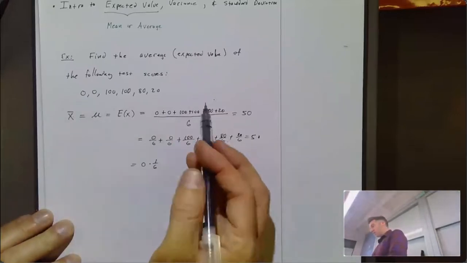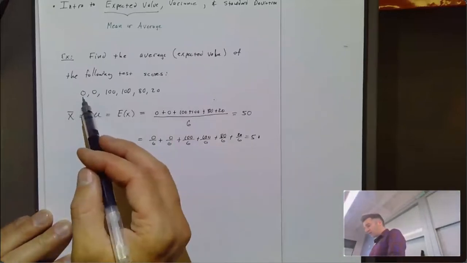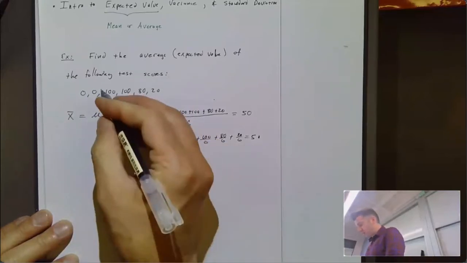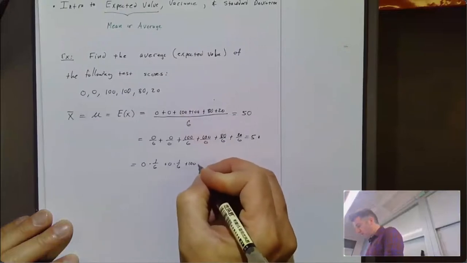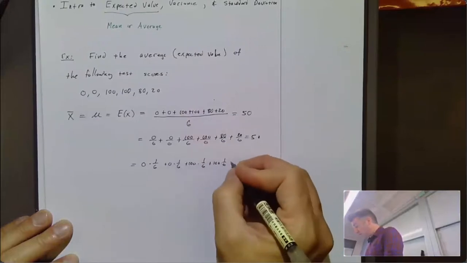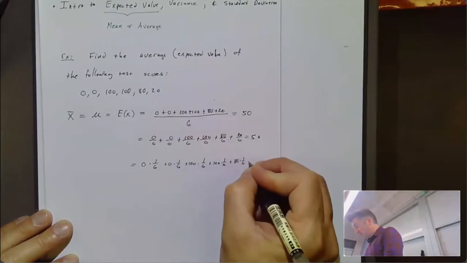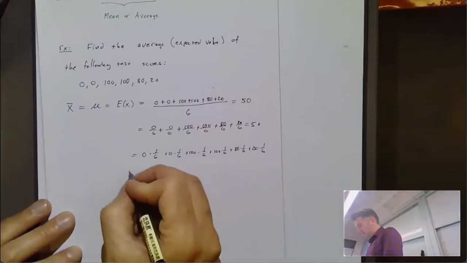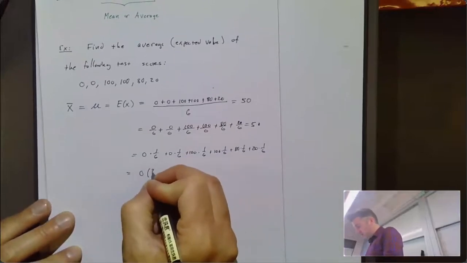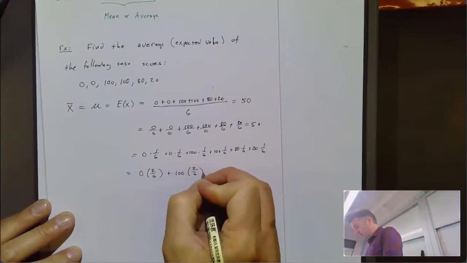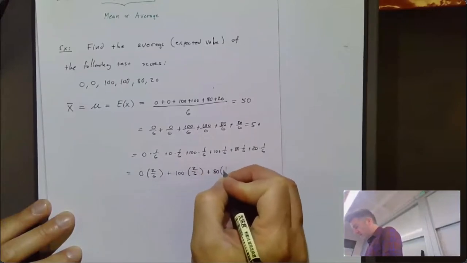Looking at these scores, there's a 1/6 probability of seeing that score, a 1/6 probability of seeing that score, and so on. There's a 1/6 probability of getting 100, and another 1/6 probability of getting 100. I should probably put those together. There's an 80 times a 1/6, and a 20 times a 1/6. So what I would actually write is 0 times 2/6 plus 100 times 2/6 plus 80 times 1/6